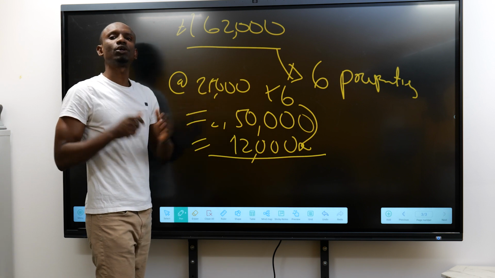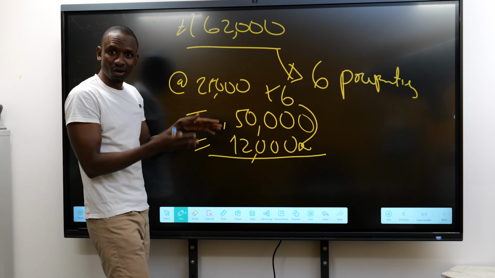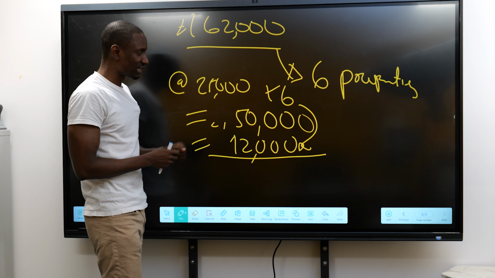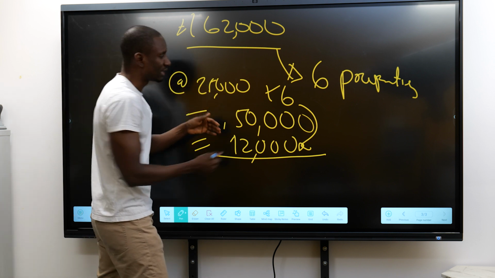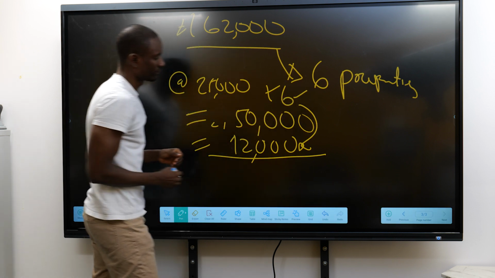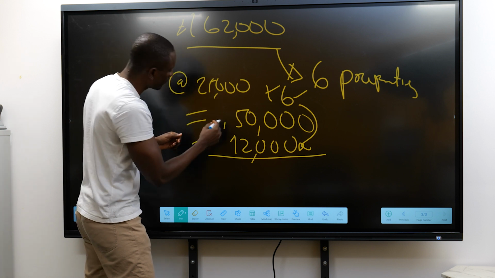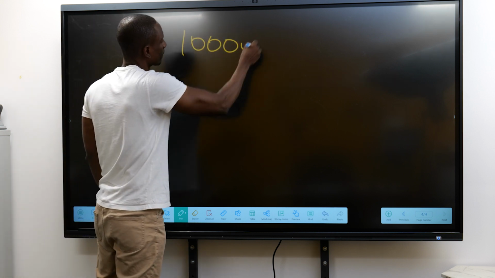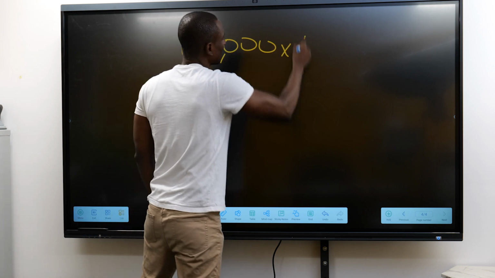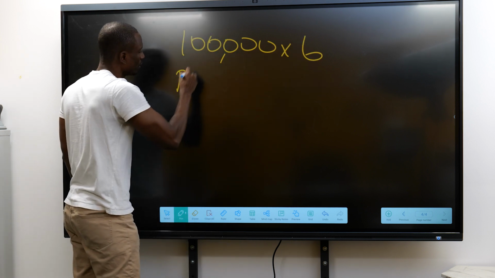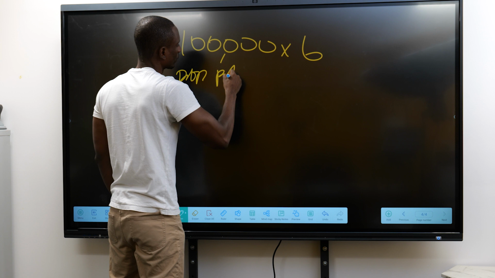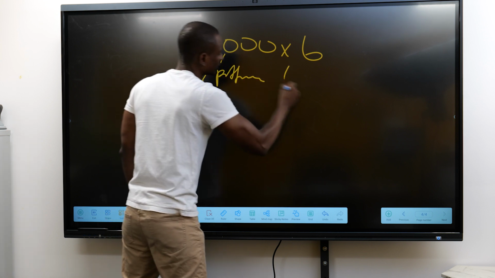There are so many property owners that are really sitting on a gold mine without realizing. You've now accumulated 6 properties, okay, worth £100,000 each. So if we times that by 6, you have a property portfolio of